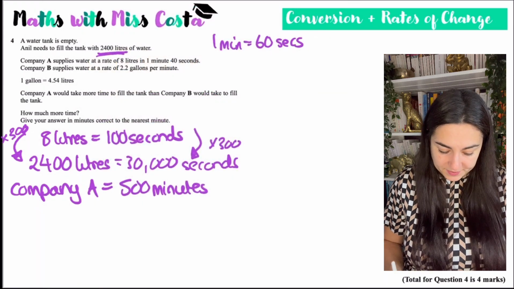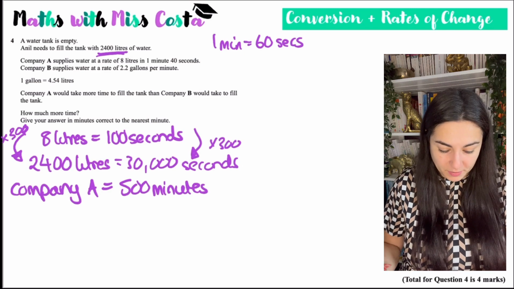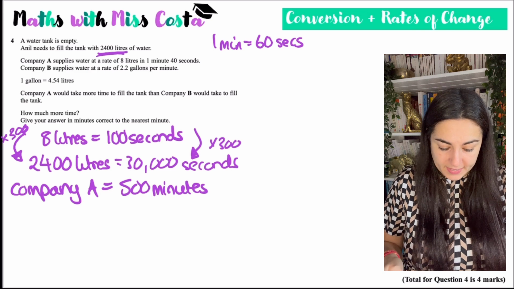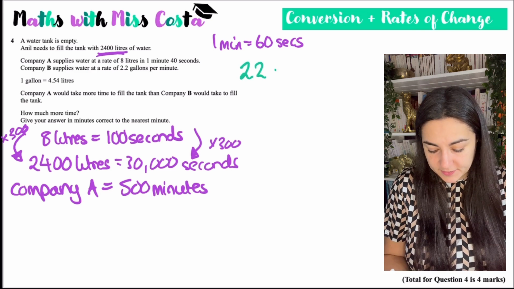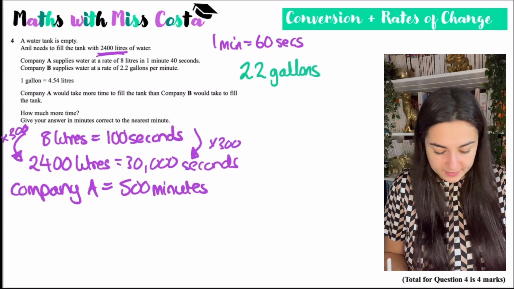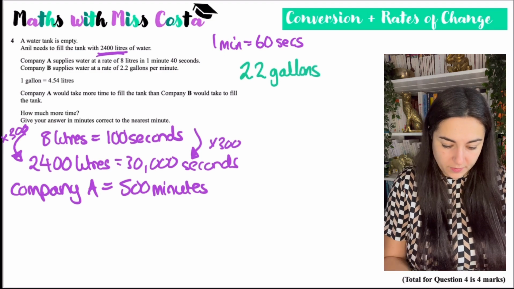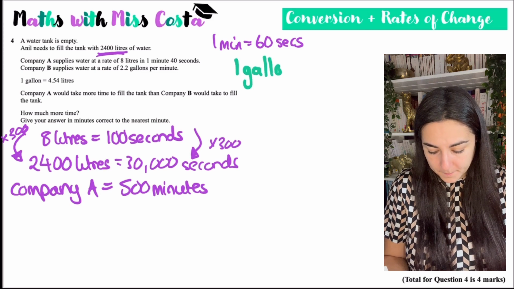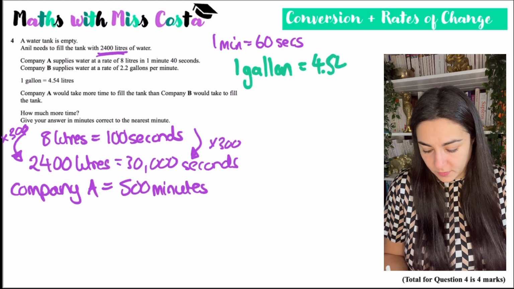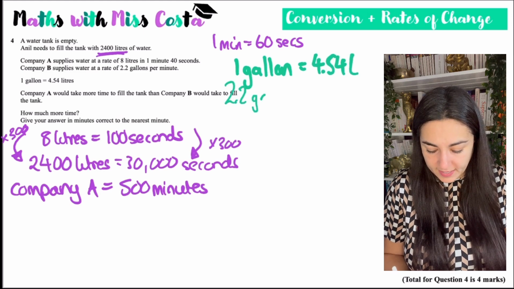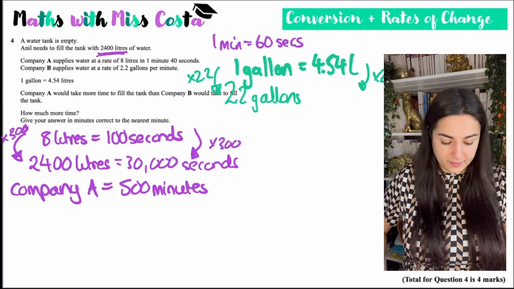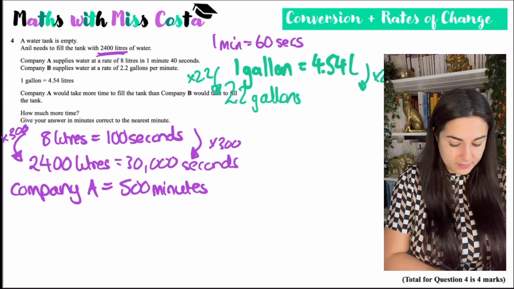Now company B, this is where it gets a bit tricky because we need to convert gallons. So company B supplies water at a rate of 2.2 gallons per minute. So let's turn 2.2 gallons into litres. Actually, let's do it this way. We know that 1 gallon is 4.54 litres. So for 2.2 gallons, we multiply 1 by 2.2 to get to 2.2. So we're going to have to do the same to this side. So 4.54 times 2.2